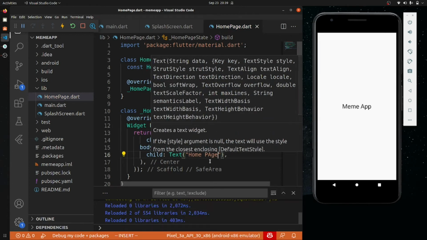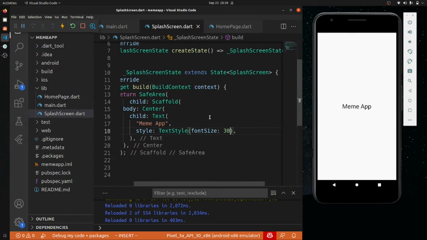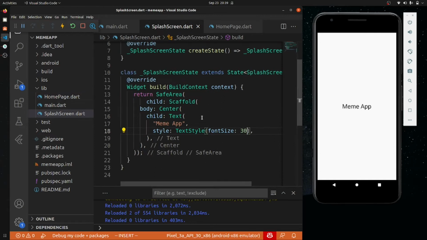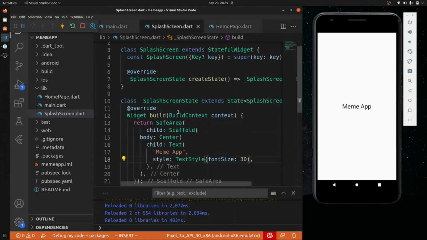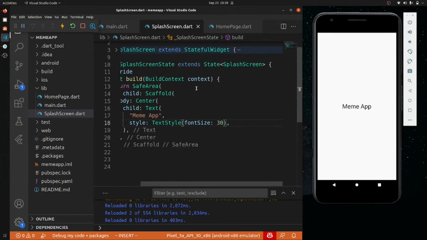Now what I want is that every time this splash screen occurs, after 5 or 10 seconds, it should move from one page to another. So how can we do that?